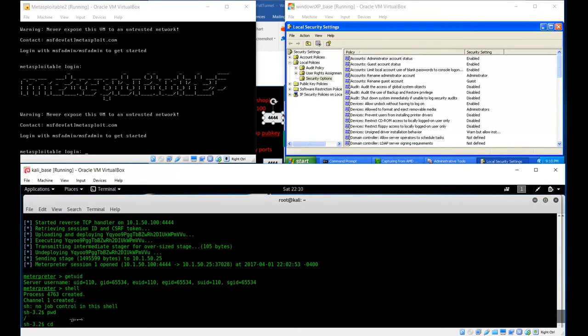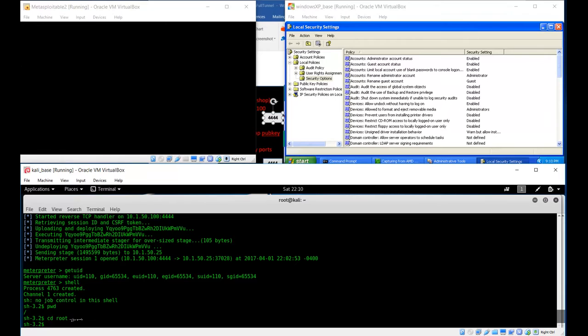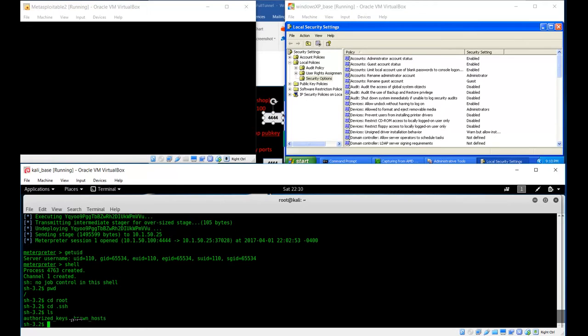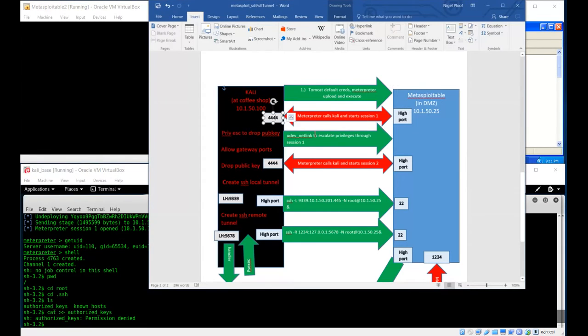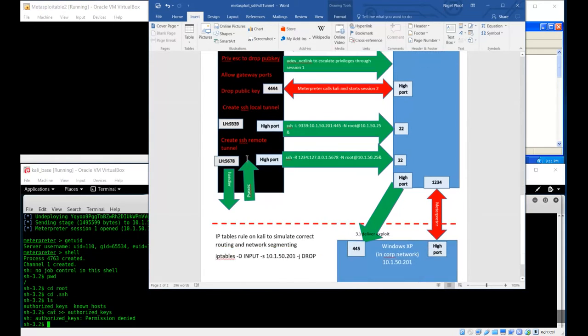So let's see, cd root, cd to where the keys are. All right. So we're going to try and put something into authorized keys. And we can't, right? So that's what we want to do in order to create our SSH tunnels, is we